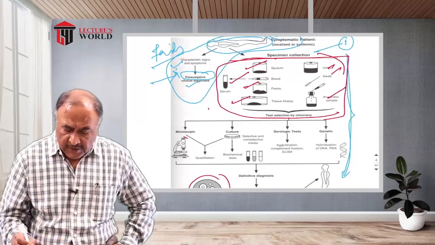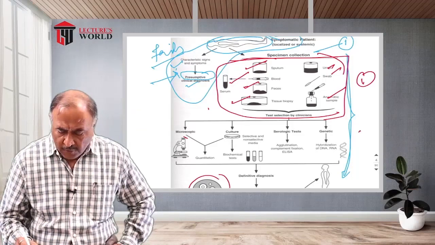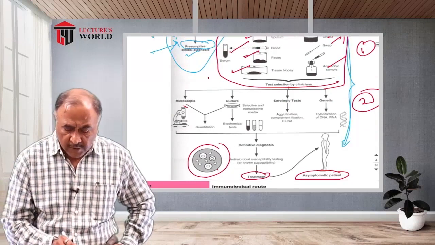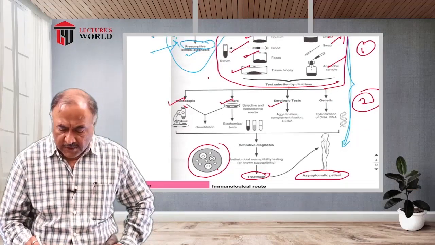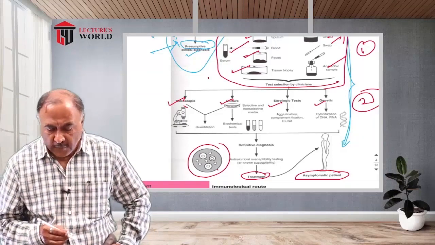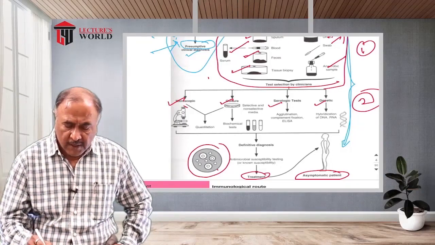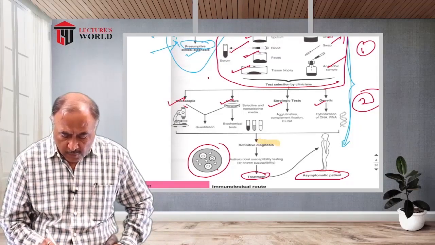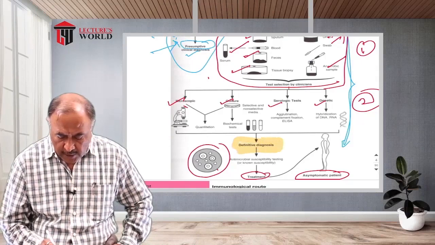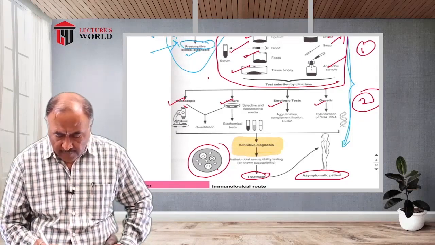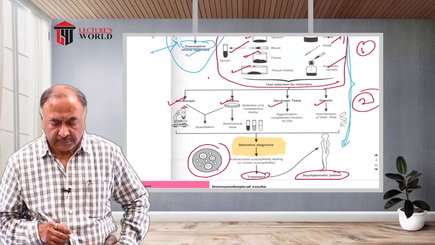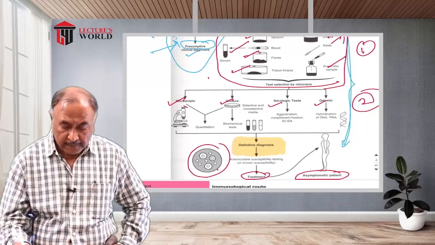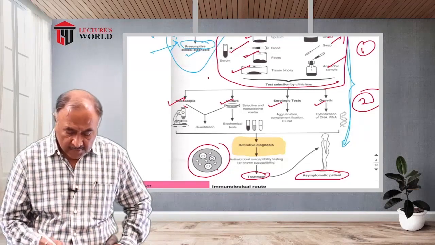Once the specimen is collected, that is, the first part is done, then we go for identification, and it involves microscopic, cultural, serological and genetic analysis. These are the four different methods where these studies can be done. And finally, it would lead to what we call a definitive diagnosis. This is the one. This is being followed by